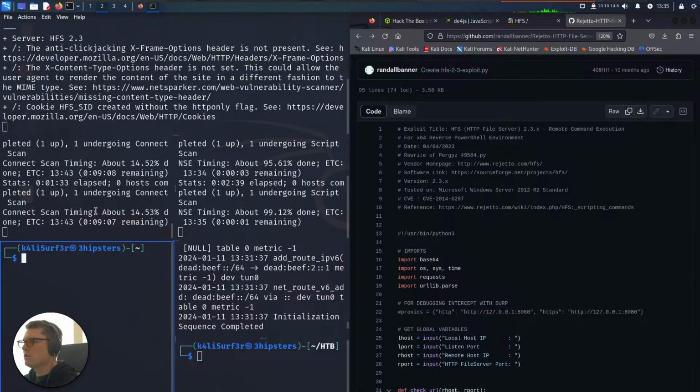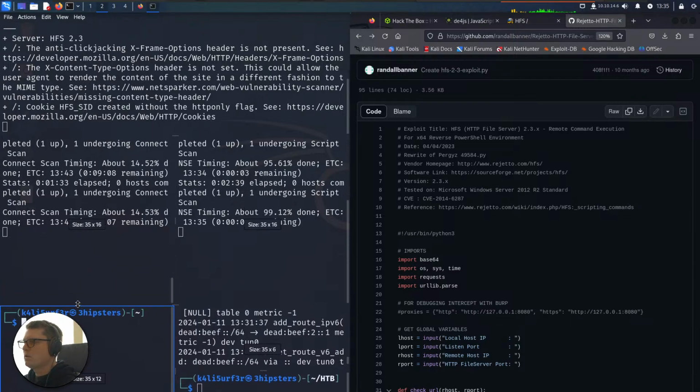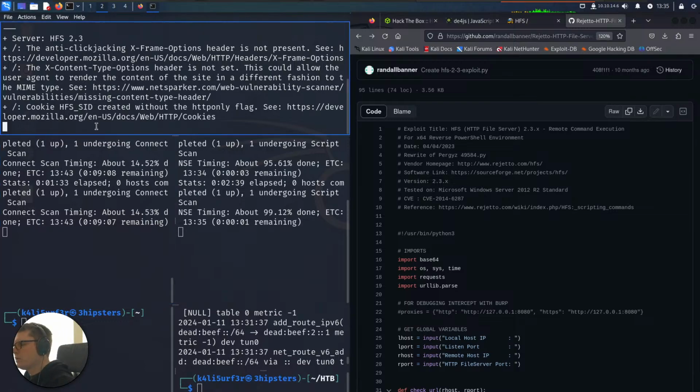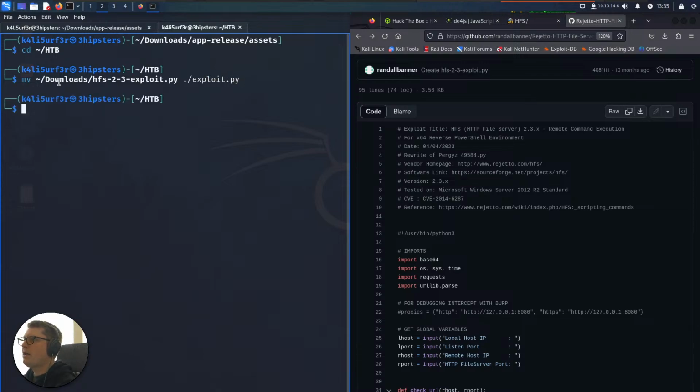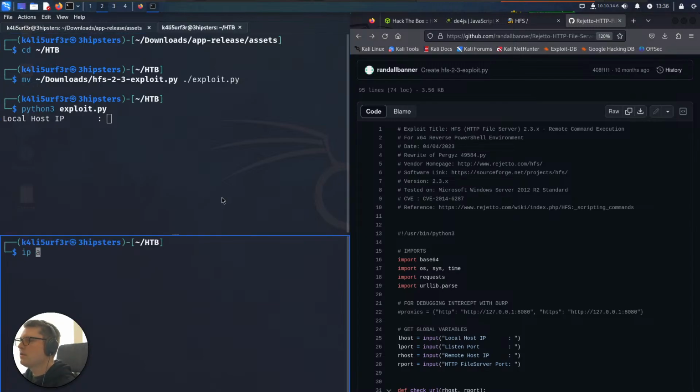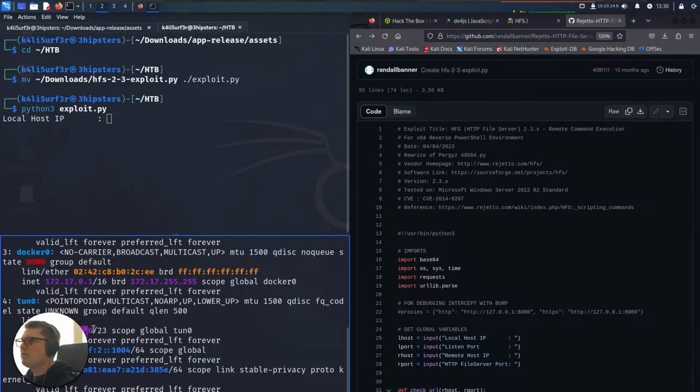Okay, let's go right here. We'll open a new tab and let's just grab it, put it into our HackTheBox folder. So we'll move that downloads HFS and let's move it to the current directory and just call it exploit.py. And now we'll just run it. Exploit.py local host IP. So it's asking me that probably for the callback. Let's check our IP with ip a. 10.10.14.6